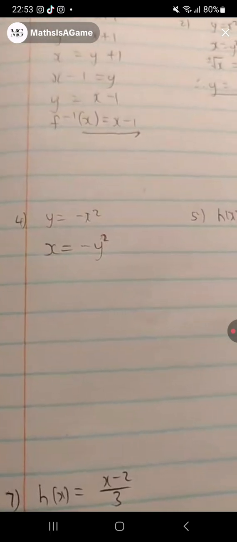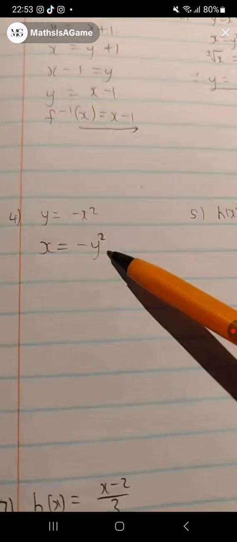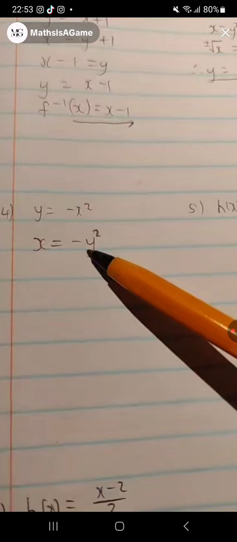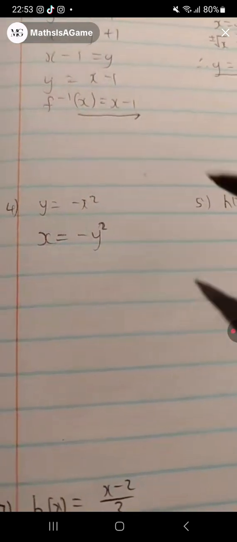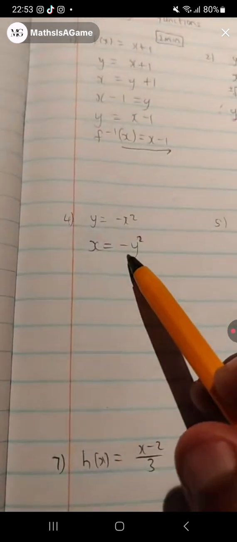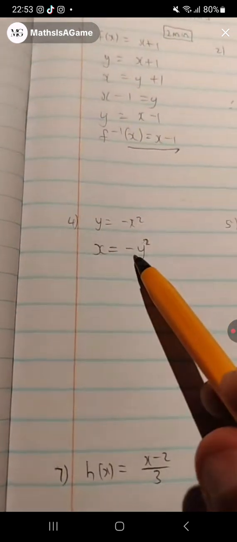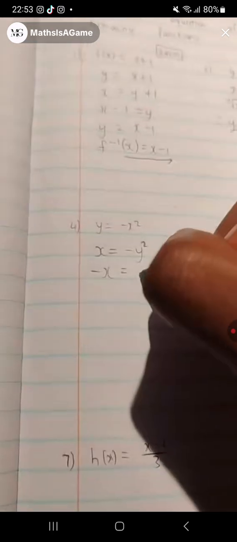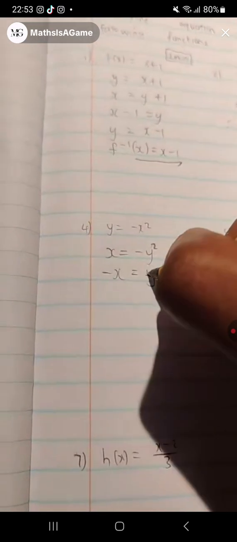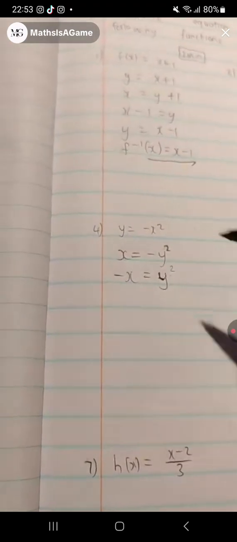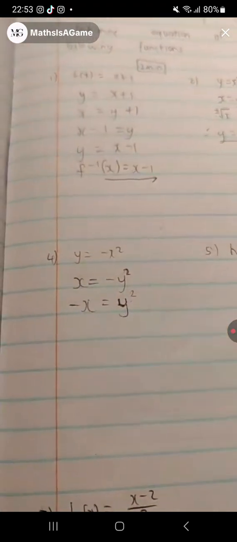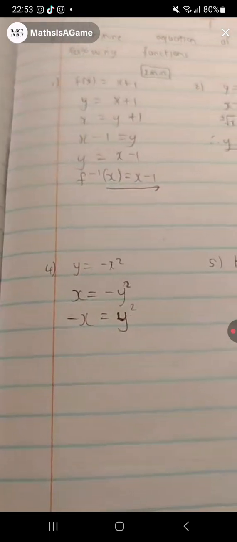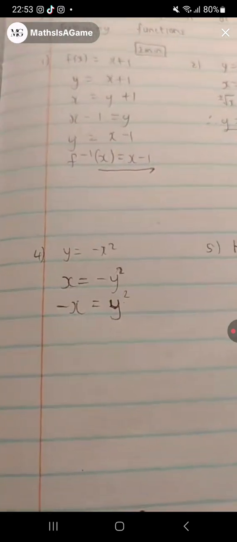I think 85% for final examination only. Okay, all right. Yeah, you did well. Okay, I take that. I won't take that away from you. You did very well. Divide both sides, guys, by what here? Immediately we divide both sides by, thank you, Precious, divide by -1. So we have negative x is equal to y squared. Very important. We do that first. Divide both sides by a negative. So important that that is the case.